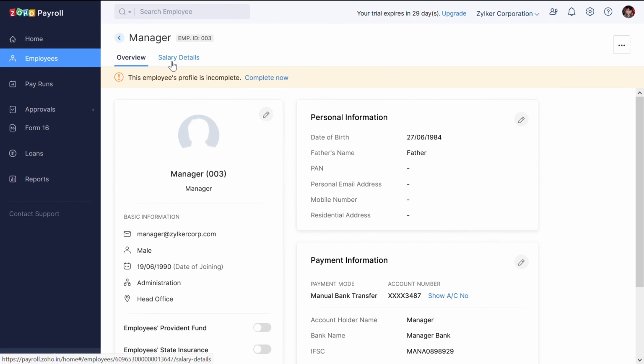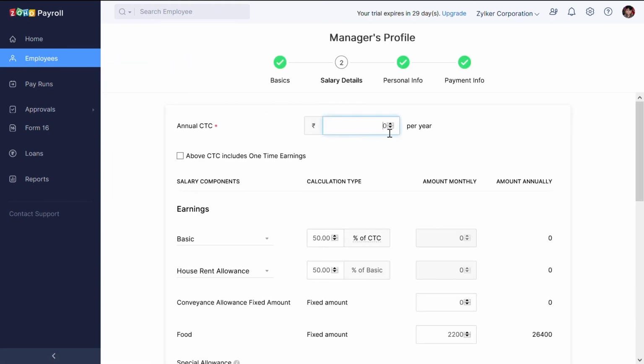The annual CTC is rupees 24 lakhs. And the basic is 50% of the CTC. Let's save this configuration.